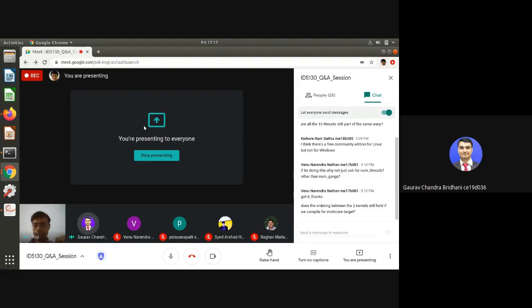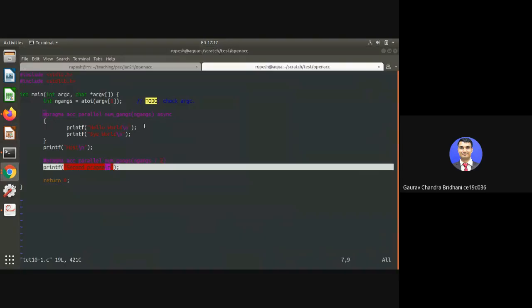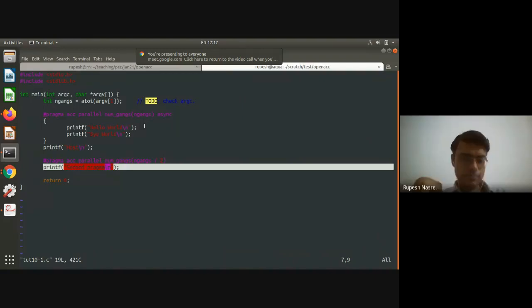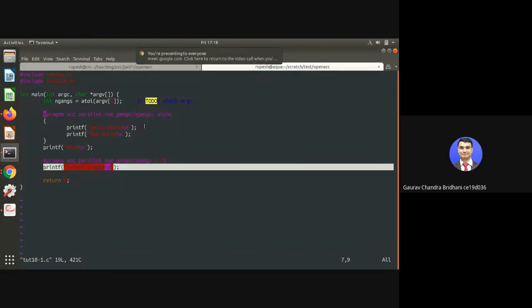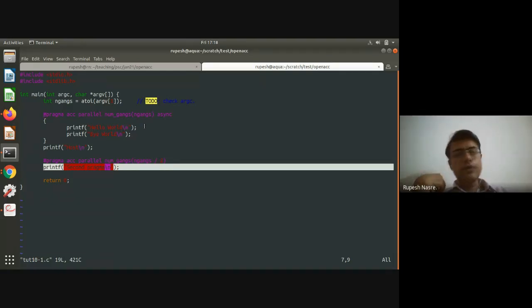So one more question, sir. While the program encounters this pragma acc, this whole block goes into the GPU. So can we say that the same phenomenon is happening, like OpenMP forking and joining? Yes, you can view it very similar to forking and joining. That is correct.